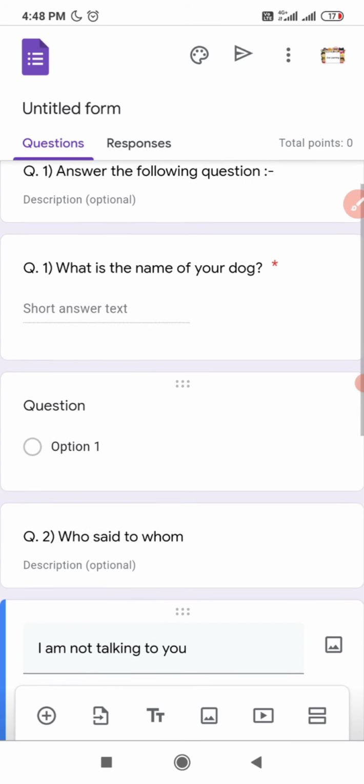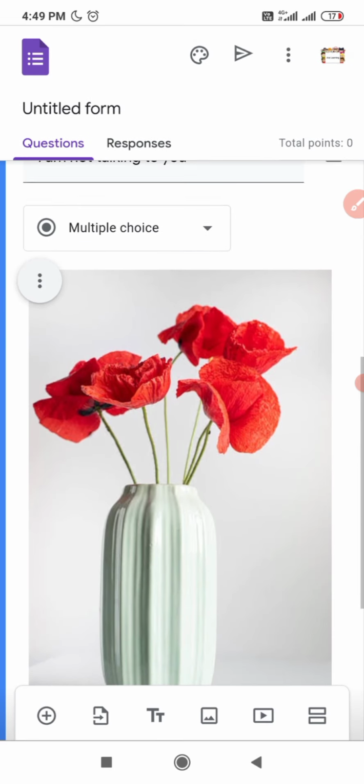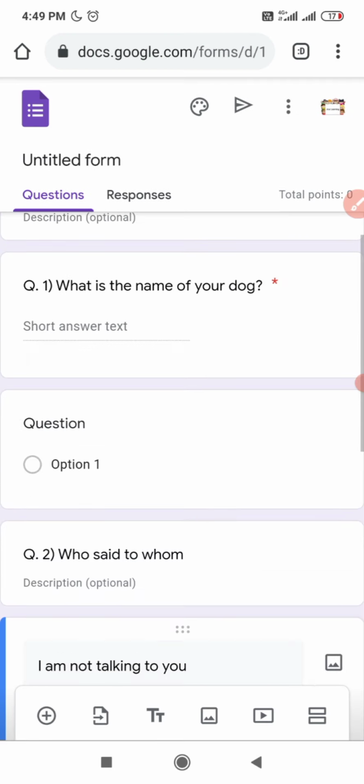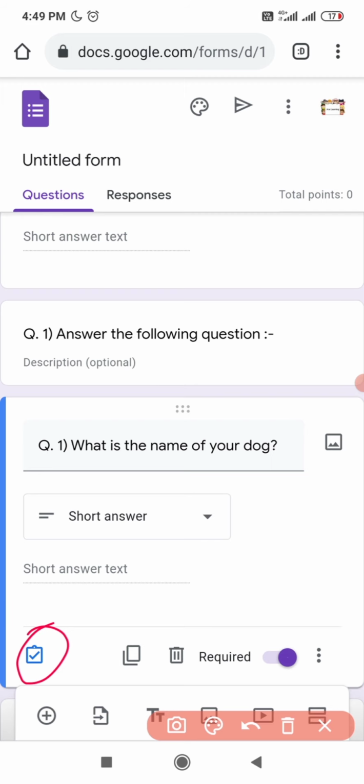Then now I can enter the marks for my questions. Suppose this is my first question, so I will tap on that question and then I will put marks for it. For that you can see one blue box is coming over there.